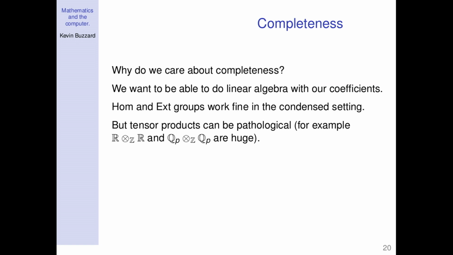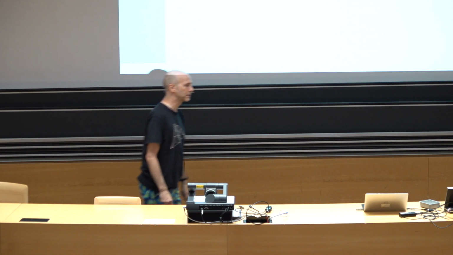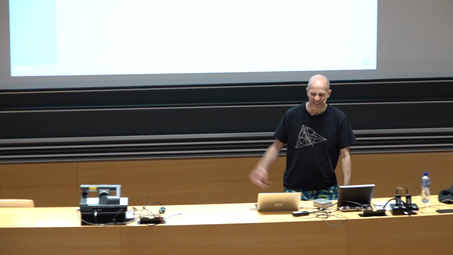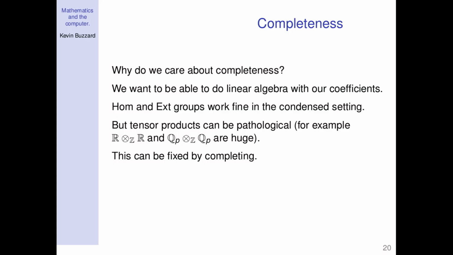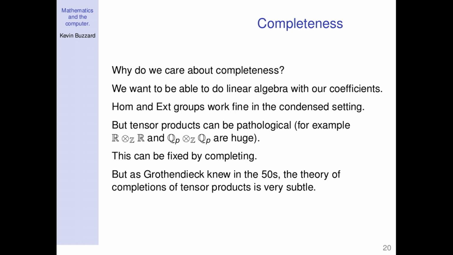That's the kind of object you want to talk about, and so you need to take an abstract tensor product and then complete. That's what people tend to do. And then still there's lots of problems, but this is one way of taming tensor products, by completing. And then Grothendieck in his thesis, before he became an algebraic geometer, thought about tensor products of topological vector spaces, and he found that even with this idea of completion, the theory is very subtle. There are several different ways of topologizing the tensor product, and they give you different completions, and it's slightly hairy.